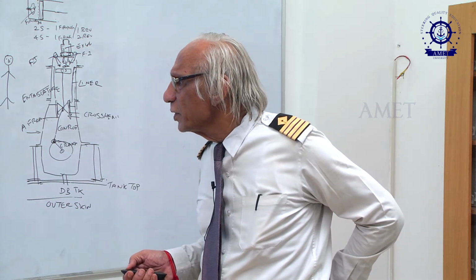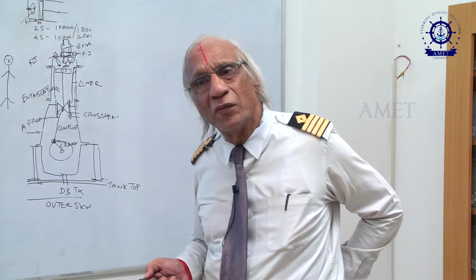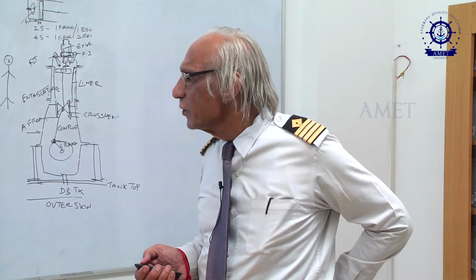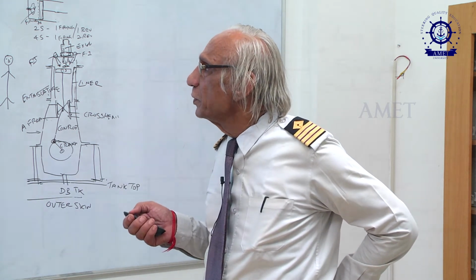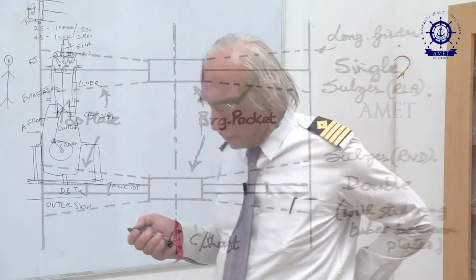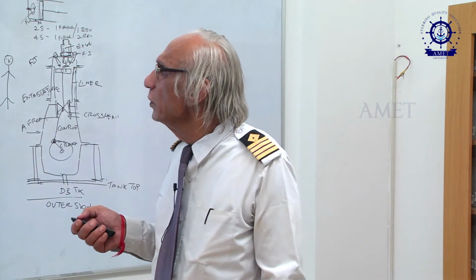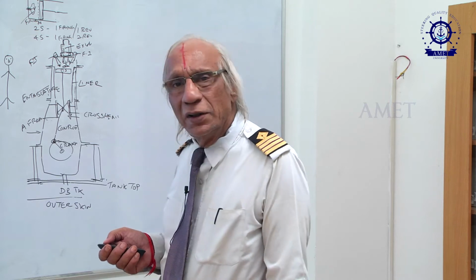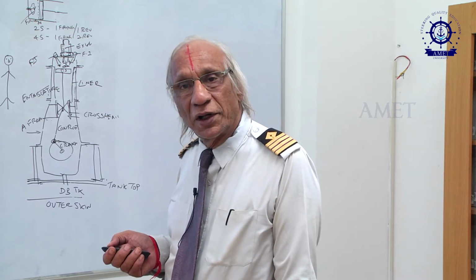The transverse girder should have some amount of rigidity. Why is rigidity required? Because it is subjected to gas forces along the central line. Here you see a semicircular pocket where the crankshaft is going to sit. What is a crankshaft? The crankshaft is the rotating medium that is going to transform the reciprocating motion through the connecting rod into